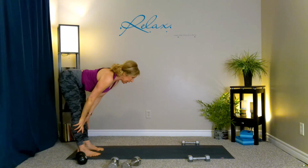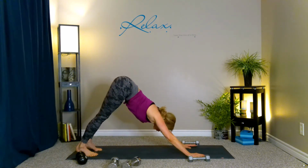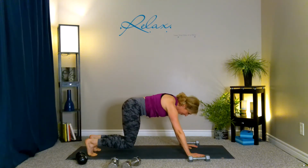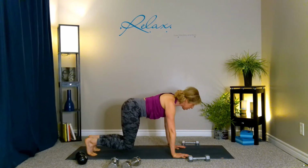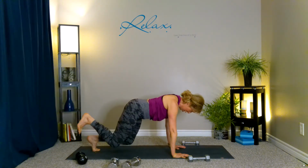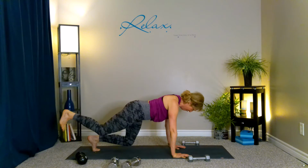Take an inhale, lengthen through the back, and walk the hands away to come into a downward dog. We're returning here once again, and bring the knees right above the mat. So bring your hands right under your shoulders, knees above the mat, so they're not touching if possible. Staying here, reaching the head through, reaching the right leg back and in. Reach and in. Try to keep your body squared here. Reach and bring it back for 4,